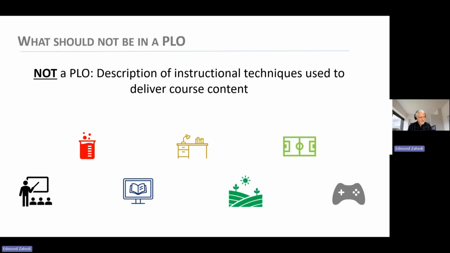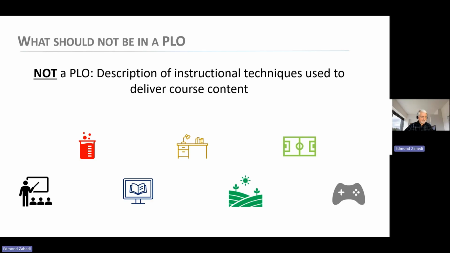Whether you use lectures, labs, online or self-study, self-directed fieldwork, serious games, etc. All these pedagogical approaches will serve only as delivery mechanisms of the content. They are not part of the PLO and should not be included in the PLOs. So in general, if the PLO is properly formulated, these pedagogical approaches would be logically derived.